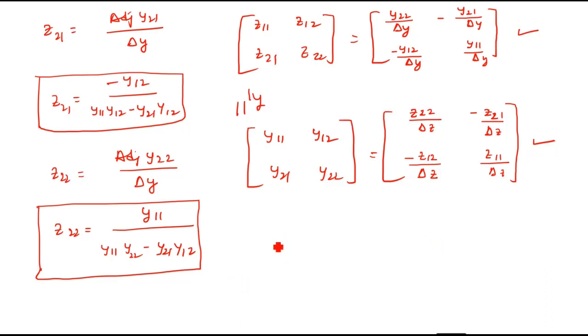If the question is to calculate the Z and Y parameters for the given circuit, you have to calculate any one of the parameters, then the other parameters can be solved using these formulas. You should keep these formulas in your mind. From the theory point of view, this is very, very important, and it is not less than 8 marks. For this, you have to write even the equivalent circuits, so that you will get complete marks.